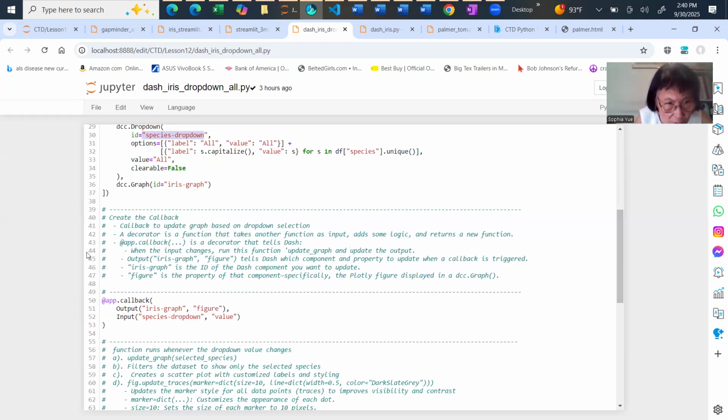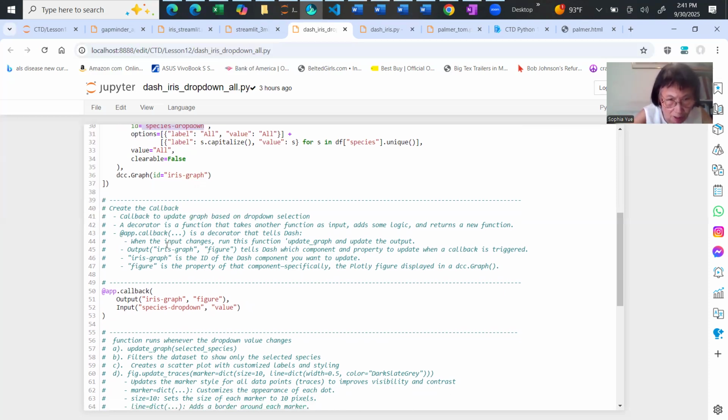So the app callback is a decorator, and the output and input are a part of the decorator. And then after you define the decorator, there is a function you need to define, and then how to pass the parameter. So we're talking about